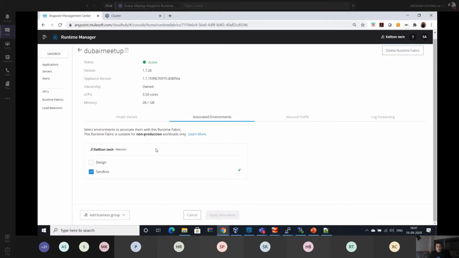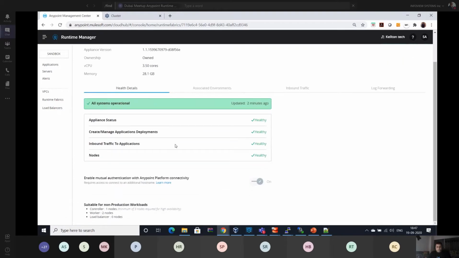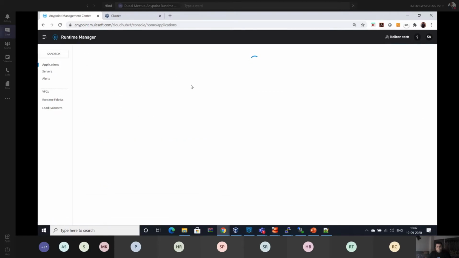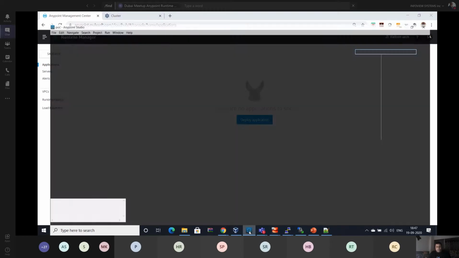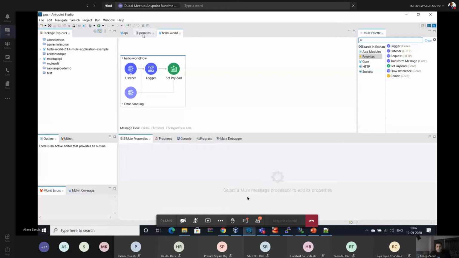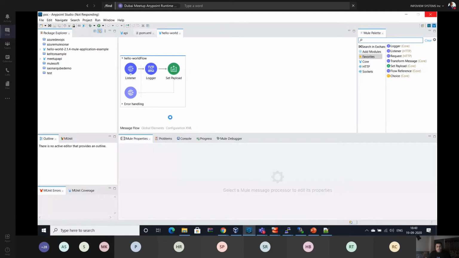Now everything is configured. Let me demonstrate here. Let me go to the deployment. I have deployed many applications to Runtime Fabric through Maven, and I'll explain that, but I'm not going to deploy through Anypoint Studio, because it takes extended time, maybe 10 minutes sometimes, since my resources are not sufficient right now. But let me explain how it works.